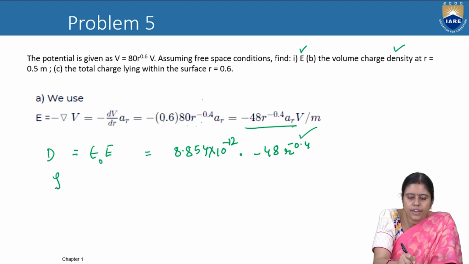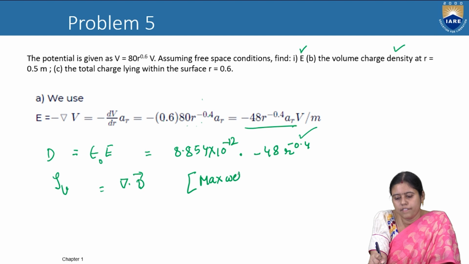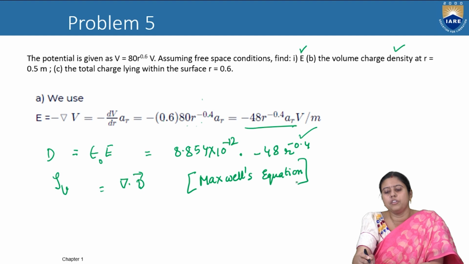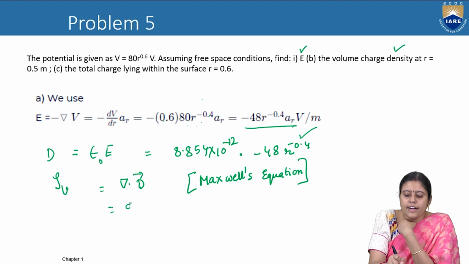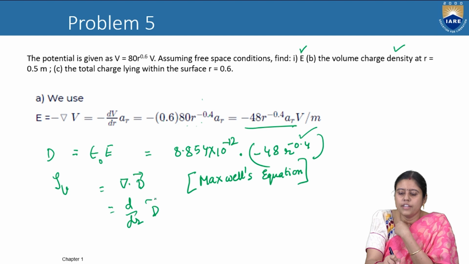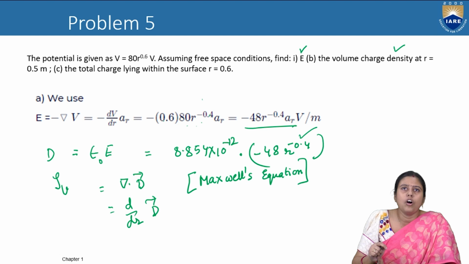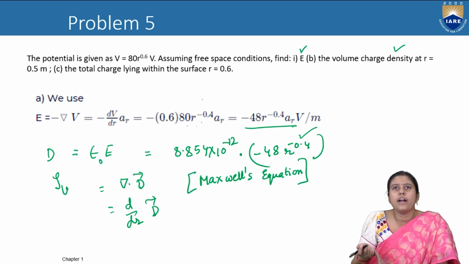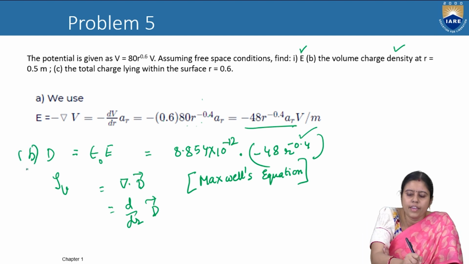So what is rho V? Rho V is equal to grad dot D. We get it from the Maxwell's equation. From the Maxwell's equation, we know that the grad dot D is equal to rho V. What is the meaning of grad dot D? It is D by dr into D. So D value we got here. If we solve this, we can get the value of the rho V. If we get the rho V, this is the question number B, and what is the